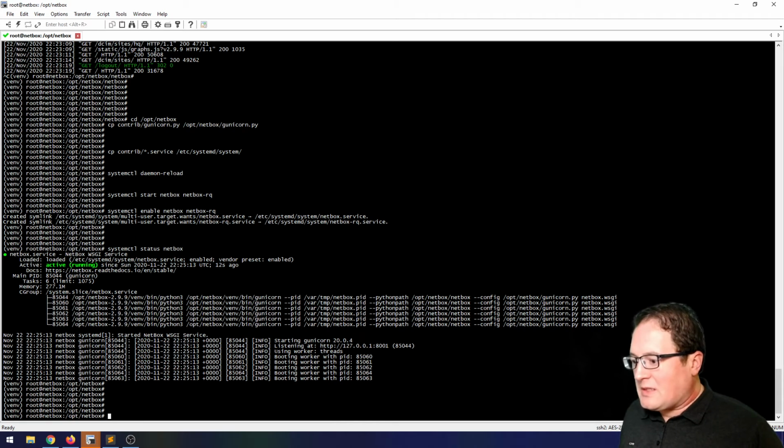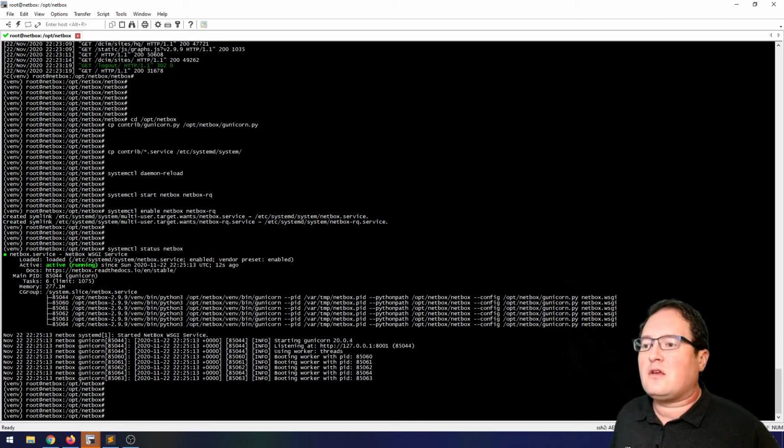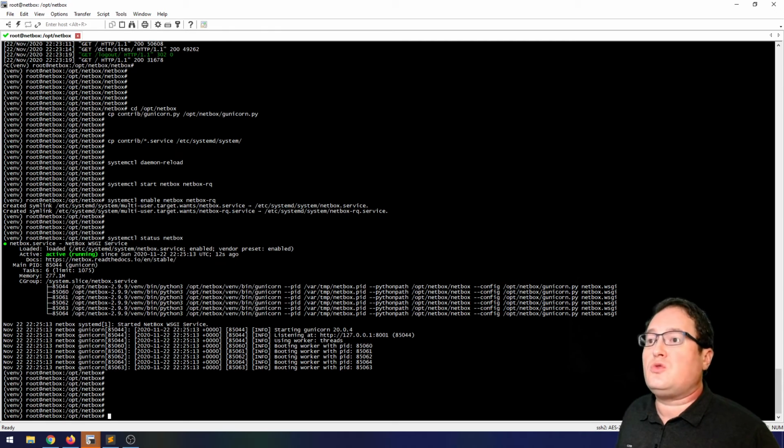The first thing we're going to do before I actually download and install the web server is generate a self-signed certificate for SSL. Now, if you follow the instructions that are actually in the NetBox documentation, you're not going to be able to access the site using Chrome. And I'm not going to deep dive into why. Let's just say that Chrome is not a big fan of the way that the NetBox documentation has you create that certificate. So for us, we're going to